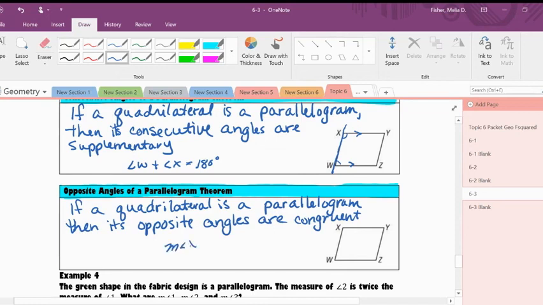Measure of angle X is congruent to the measure of angle Z, and the measure of angle W is congruent to the measure of angle